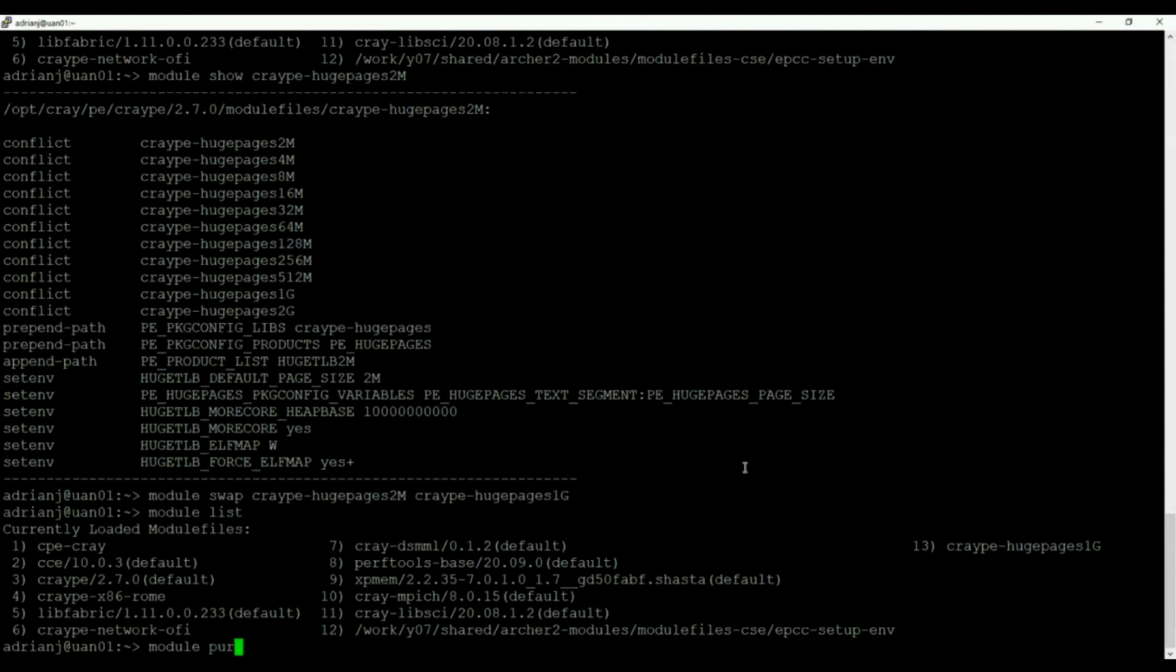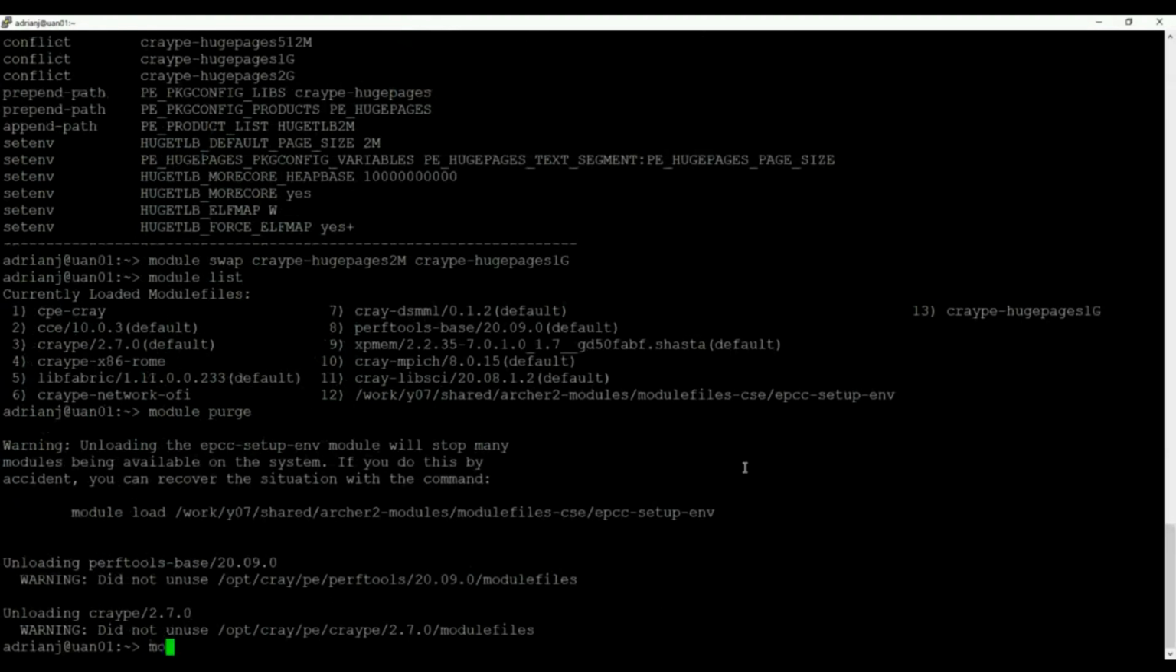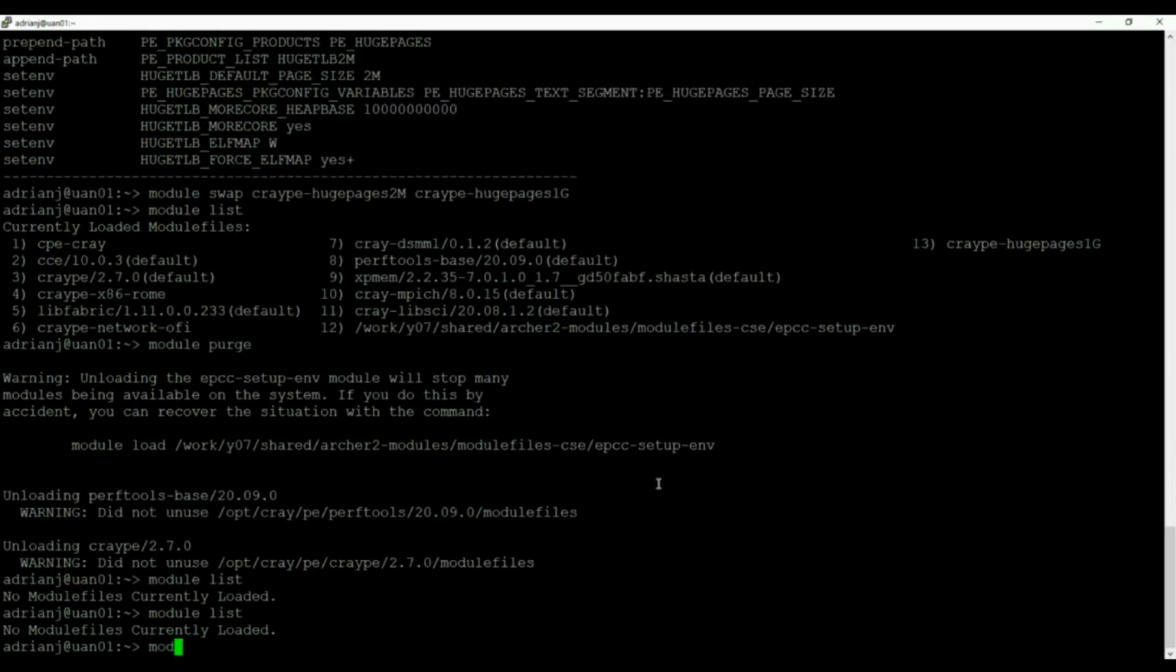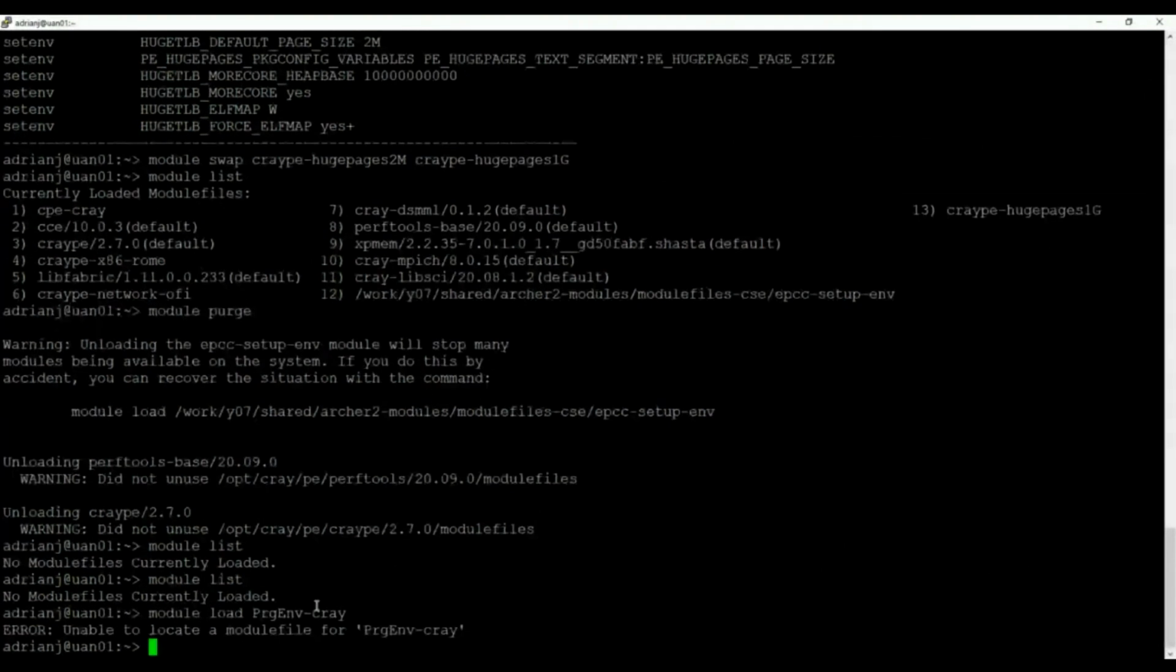I can also do a module purge, and that will get rid of all the modules that I had set up when I first logged into the system, which is probably not what I wanted to do. You can see I've now got no modules available. And if I type module load now, I can set up a new programming environment. So I can say, okay, give me back the Cray programming environment. Here we use this PrgEnv-cray, which is the one that's